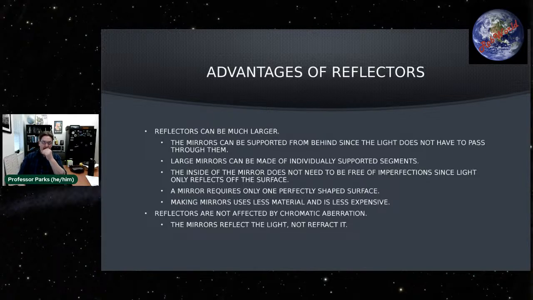Now, the largest single element mirror that has ever been made, or ever been blown, I guess, or created for an astronomical telescope is 5 meters, and that is in the Palomar Observatory near San Diego. Nowadays, very much like the JWST, and I will bring an image of that up.